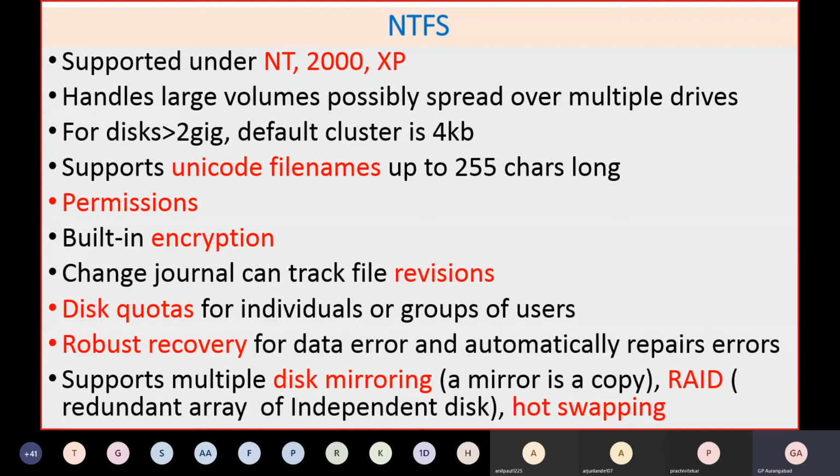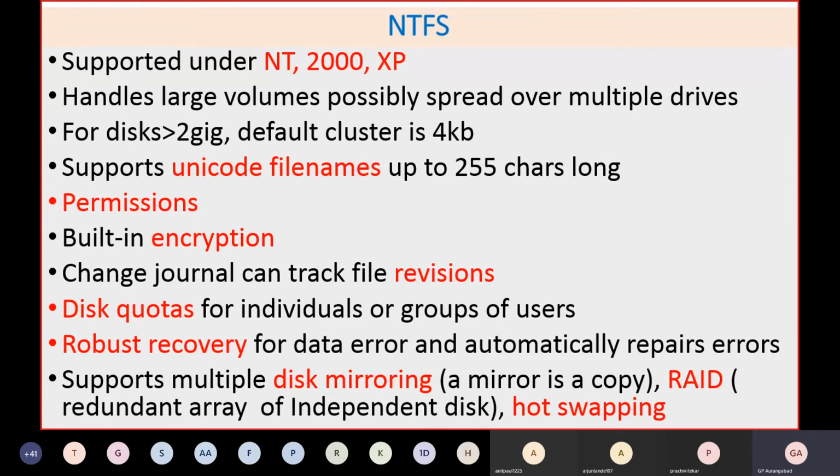It has file permissions, which I'll discuss now: read, write, modify, delete, or execute. These are the file permissions. It also has encryption features. That means your entire file will be encrypted so that nobody will understand what is there. If you want to read it, you can give your password and it can be decrypted. Just like in the Microsoft Office features, if you want your file to be encrypted, you can put a password and encrypt your file so that others cannot see it.